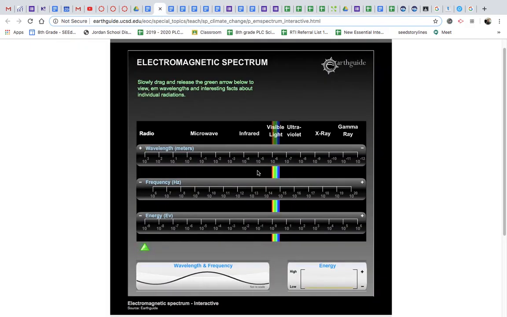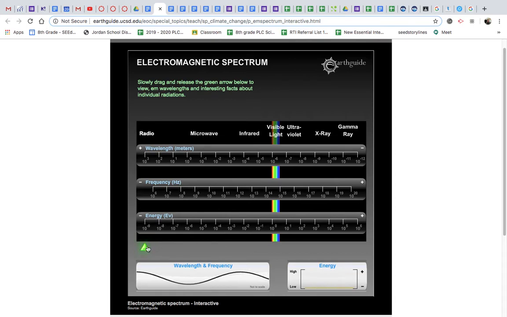It's called the electromagnetic spectrum. There's a green arrow here. You can see the wavelength and frequency and the amount of energy the waves have as you move it along. So right now we're on radio waves. And on radio waves, the wavelength and frequency here, it has a long wavelength, okay, a low frequency, and it